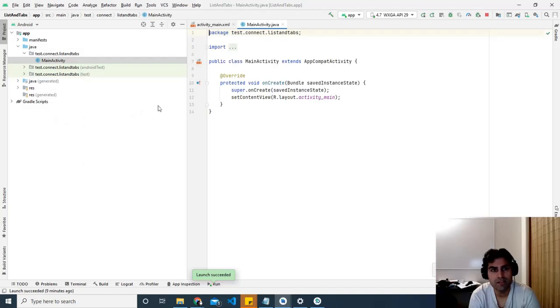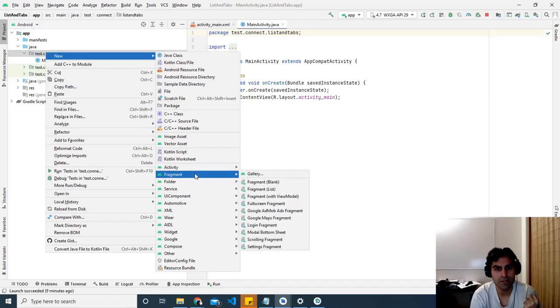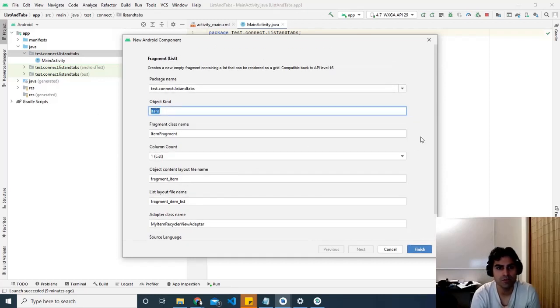So for creating the list, as I mentioned before, we'll just be using the templates. And how do we go about using them? I'm going to right click here and then New and then Fragment, and essentially we want a list for this one. So we're just going to see what we get, and they ask us what the type of object is and whatnot. So I'm just going to say that these are contacts,